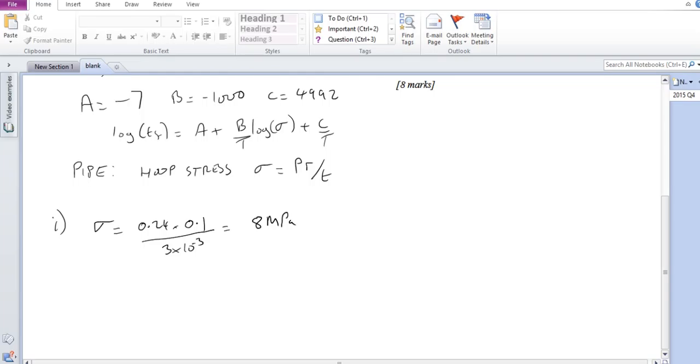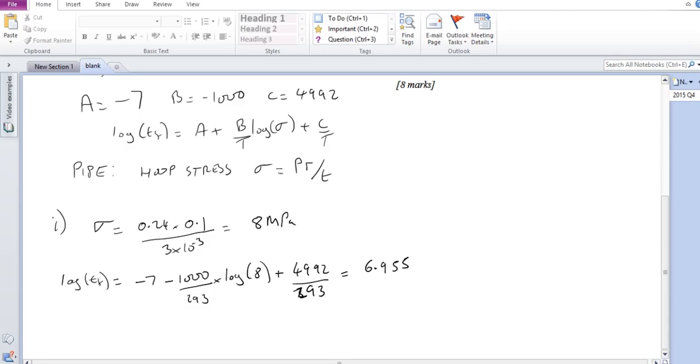So what we then have is putting that into Miner's rule. We have log of time to failure is A, which is -7, plus B, which is -1000, divided by T, 293, because we're dealing with 20 centigrade, times log of the stress in megapascals, which is 8, plus C, which is 4992, over T, 293. And if you work that out, that comes to 6.955. That's the log of TF, so therefore TF is 10 to that, which is 9.02 times 10